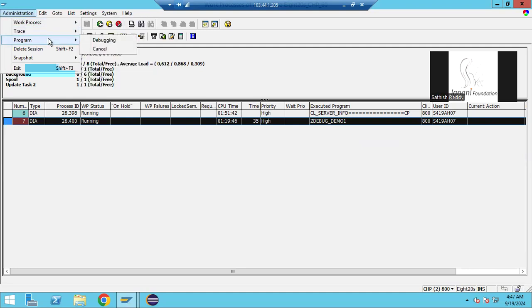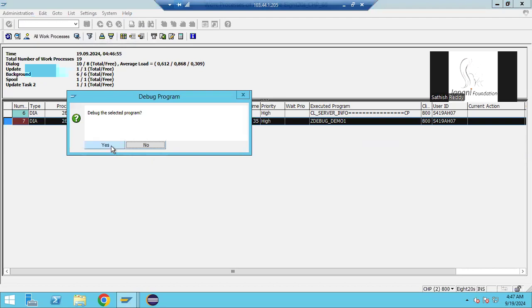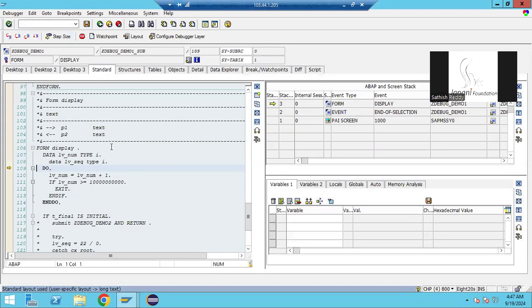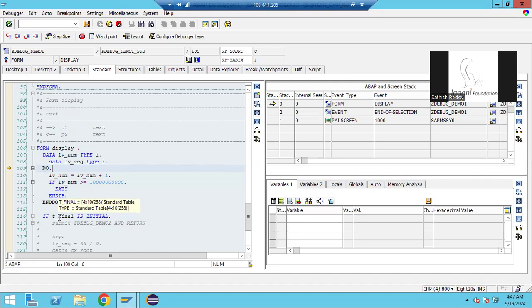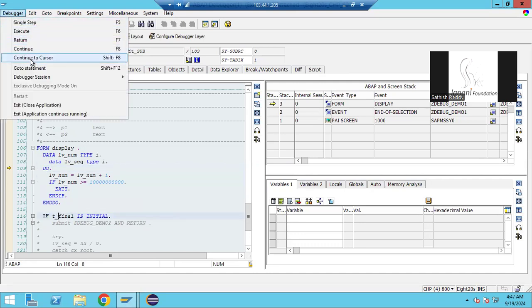Click on program and debugging. Yes. Okay, the debugging statement is coming here, right? Now I don't want to execute this do and undo here. I want to skip this one. So you already know, right? So keep the cursor here outside of the do and undo, in the debugger go to statement,